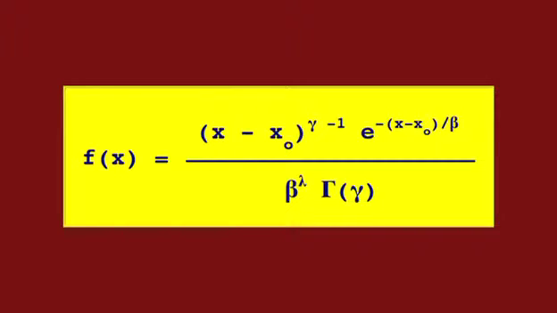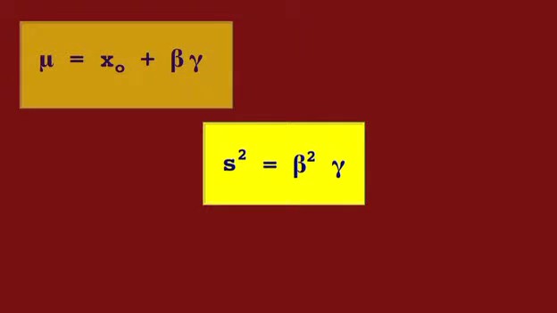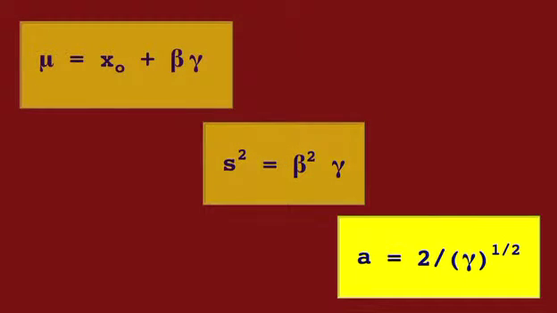It is defined as follows. The mean of the Pearson type 3 distribution is, the variance is, the skewness is,